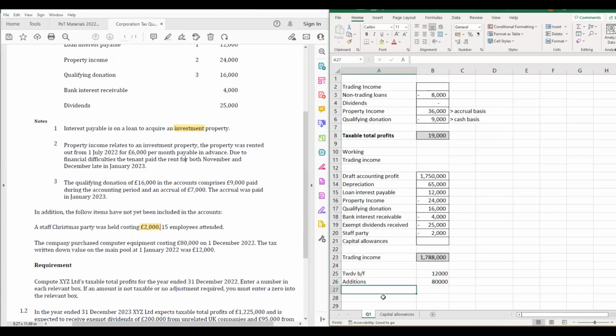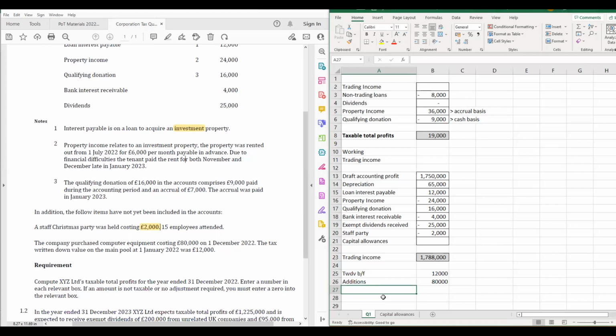And it's then just a case of going through your mini checklist for capital allowances in the sense of what is that asset going to be eligible for? Is it the first year allowance? And specifically for corporation tax, is it therefore going to get the super deduction? If it's not, is it then going to get the annual investment allowance? And then if it's neither of those two, do we just get our usual written down allowance?